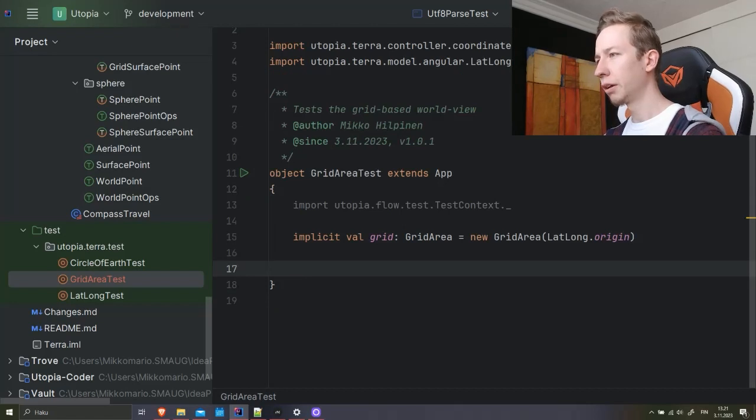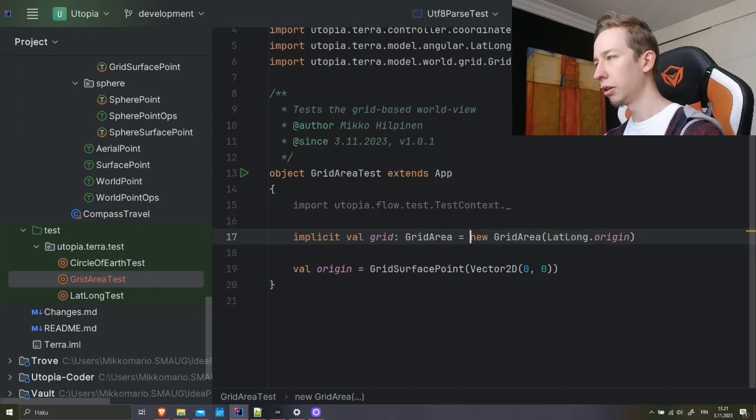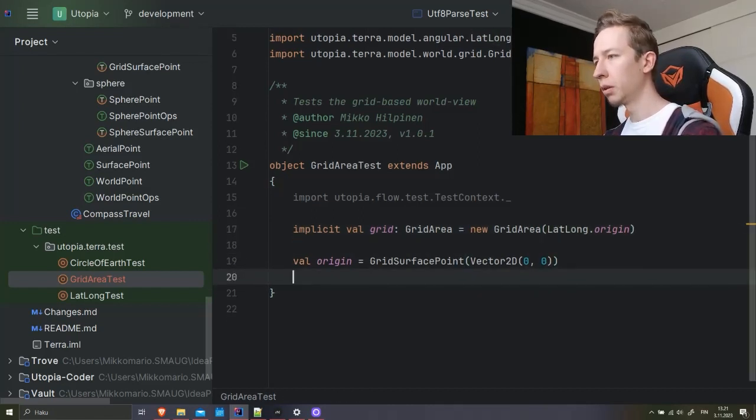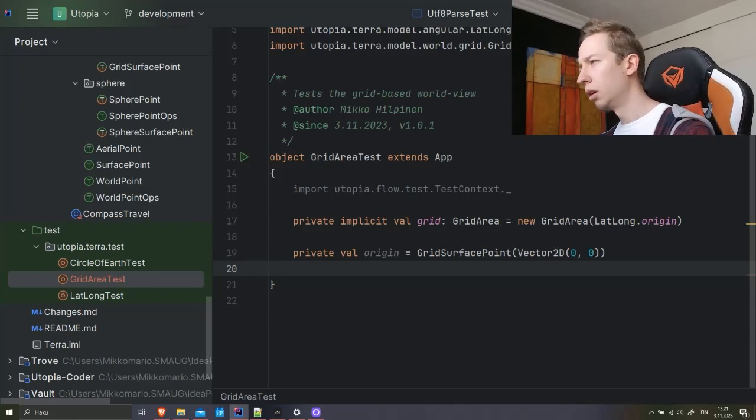So then we need to make some measurements or get some points. So let's first get the origin equals create surface point at vector 2D 0.0. So this should match that location because it's at the origin we defined earlier. Let's just make this private. Doesn't matter too much, but you know. Then we will need some other measurements. Let's try first the